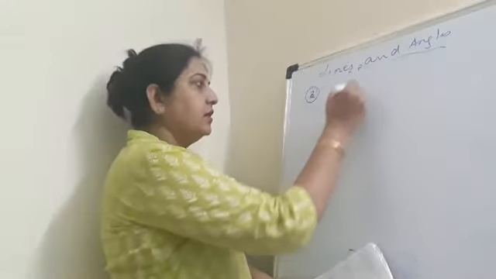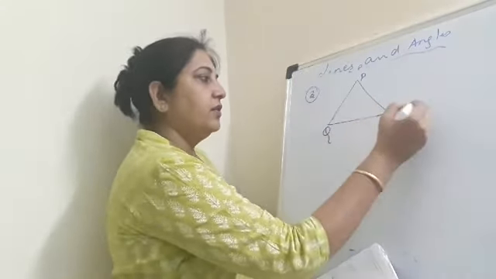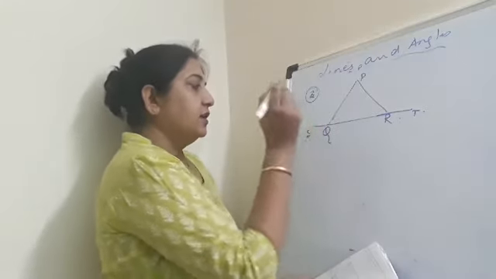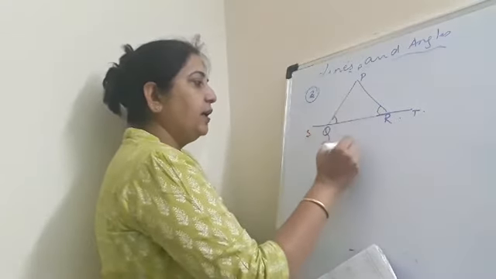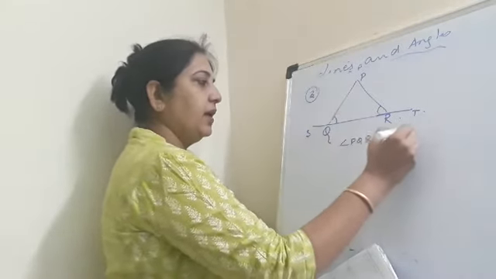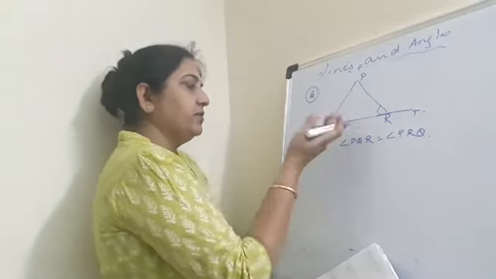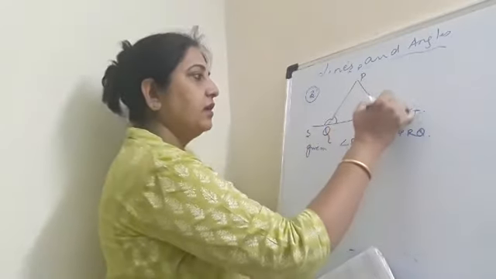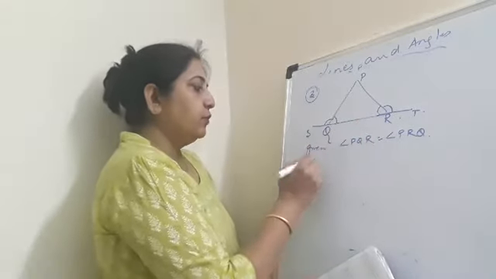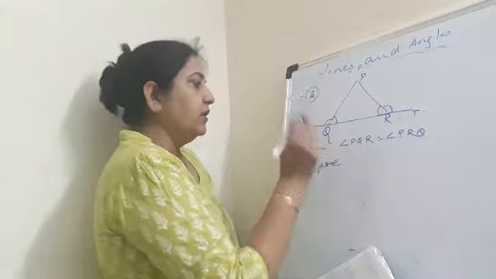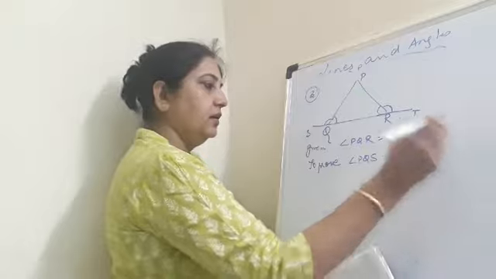The question is, there's a triangle PQR. Then there's a ray here with T, and here we have S. So we can say that in triangle PQR, it is given that angle PQR is equal to angle PRQ. This is given. And there is an angle PQS, which is an exterior angle, and here we have exterior angle PRT. We have to prove that angle PQS is equal to angle PRT, right?